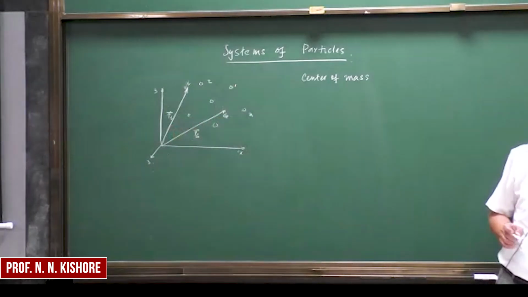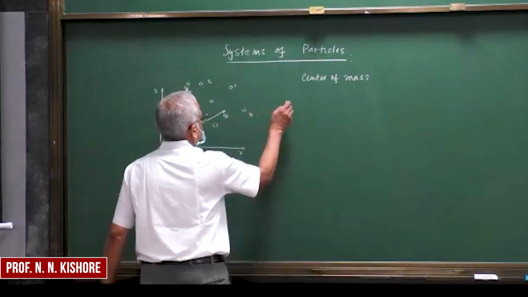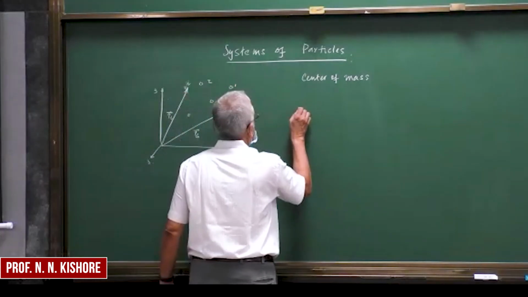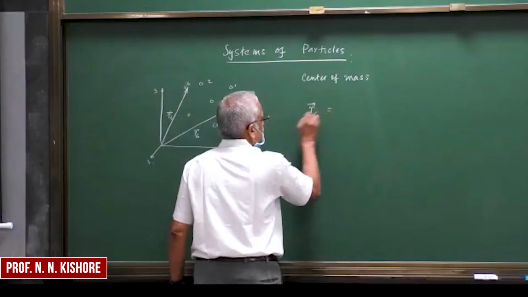We keep using it repeatedly. And here, if the particles have mass, then the position vector of G is defined as